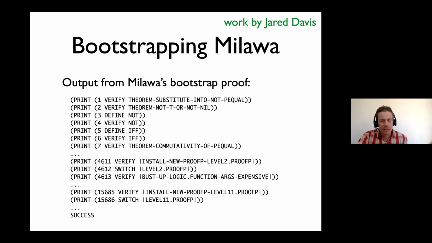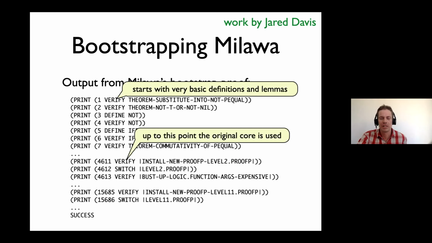And you can see that this is a proof log. So this is the first thing it did. And then some 4,000 steps later, it does something called a switch. It starts with basic things. So up to this point, the basic core of the Milawa prover has been used. And now happens the magic, because this switch